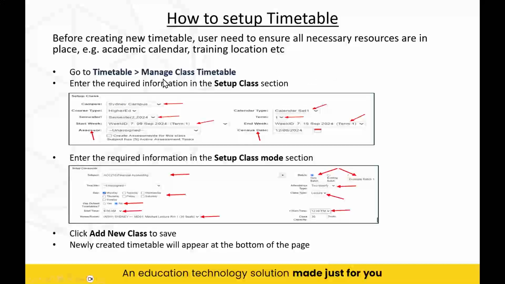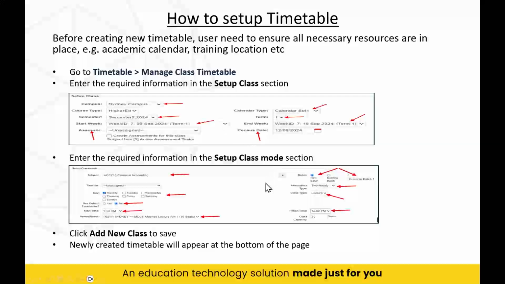Now, when we're setting up a timetable, it's pretty straightforward as well. Go to timetable, manage class timetable, and we just need to fill in the blanks. Notice how over here it says calendar type, which is the set that we want to use. Whatever set you have created in your calendar is where it should show up. By selecting the right calendar set, most of the fields will be self-populated, and you will just need to pick the correct